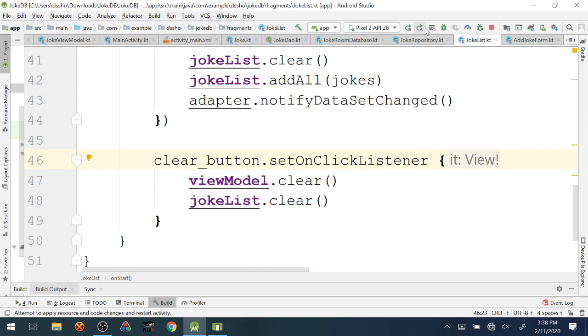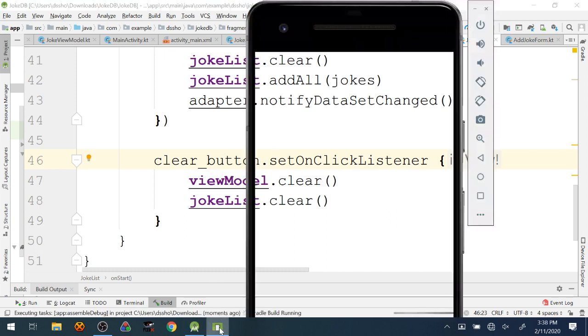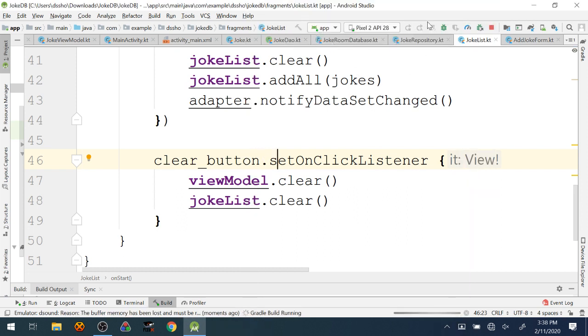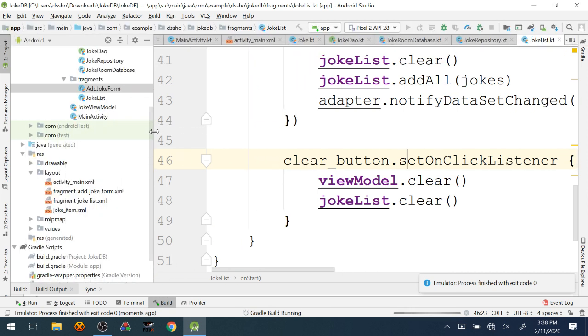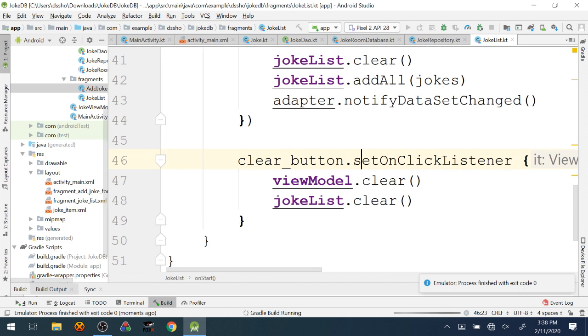Let's try it out. It's possible that I made a mistake somewhere. You might even say it's likely I made a mistake somewhere, and I wouldn't necessarily disagree with you, but let's try it out. The nice thing is that I do have a little bit of time to fix problems if they do in fact exist. While this is setting up, we can kind of recap what we've talked about today.